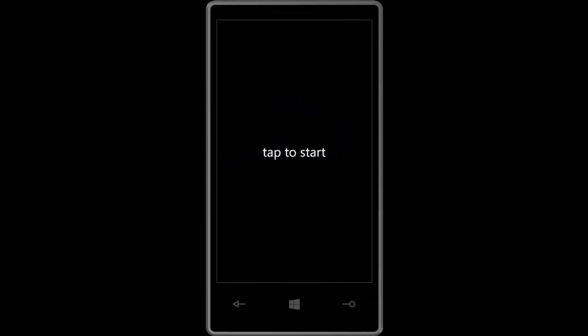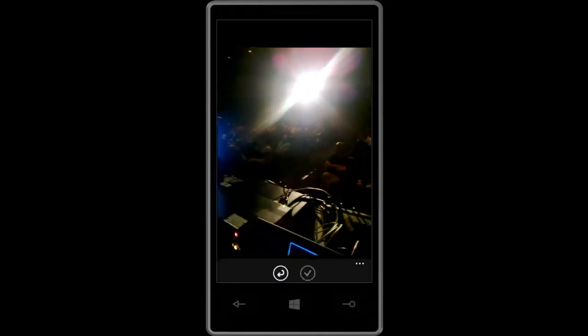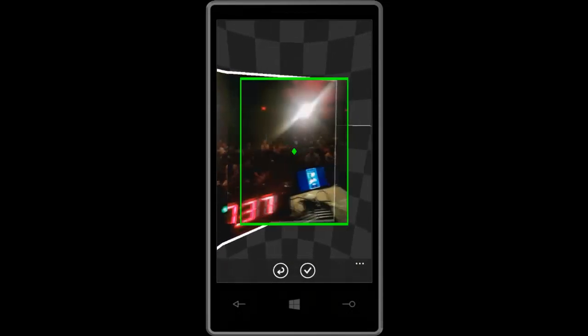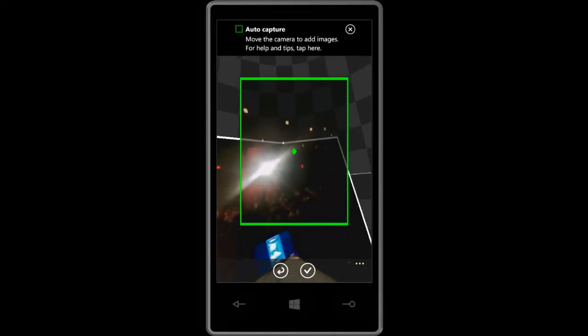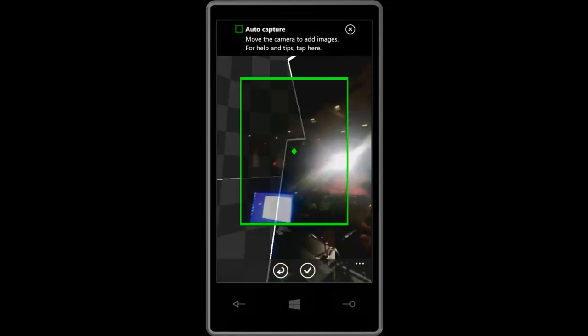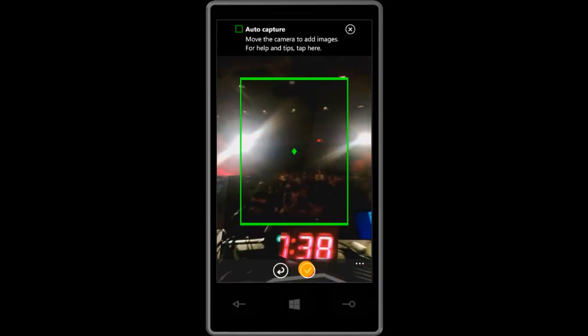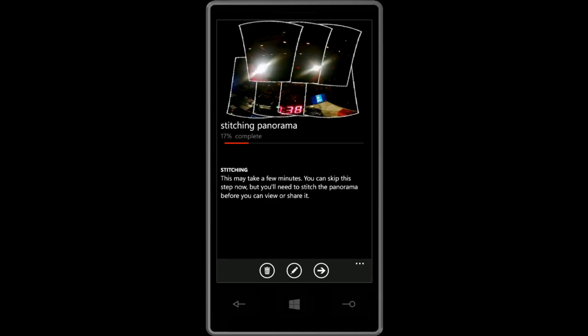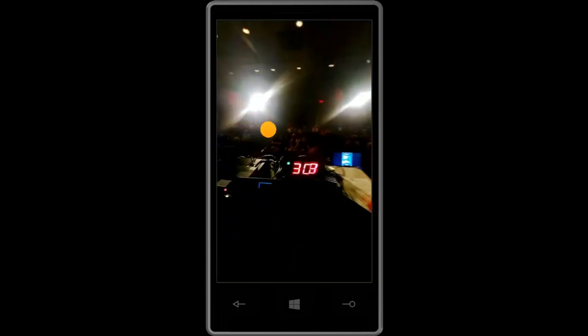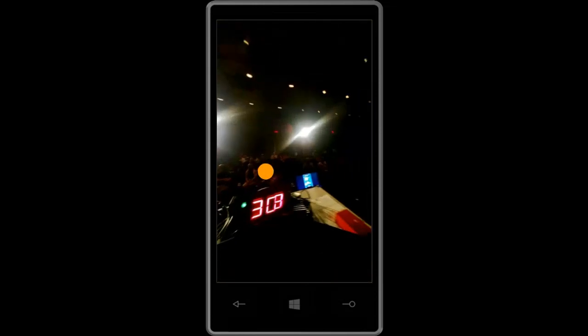So here's our Photosynth app, for example, and right away I can go and start building this 3D visualization of my environment with this very, very cool, innovative app. This is probably one of the areas of most innovation right now in the mobile device space. You'll see it's stitching this sort of three-dimensional panorama that I can then take and post online and share on SkyDrive or on a number of other sites as well. And then you get this sort of navigable experience where you can zoom in and out and go around.